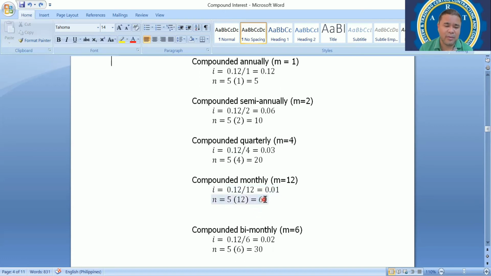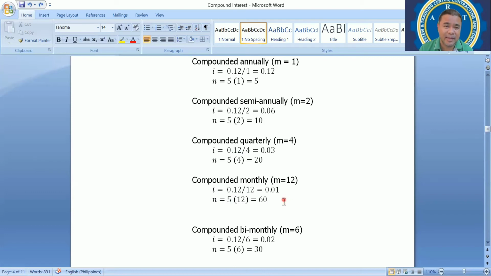If you borrow money from the bank or from any friend, and it is compounded monthly, your interest is very high compared to annually, because every month it earns interest. The meaning of compounded is that at the end of the period, the interest will be added. So compounded monthly is M equals 12, so 12 times compounded for 1 year. If annually, it's only 1 time interest.